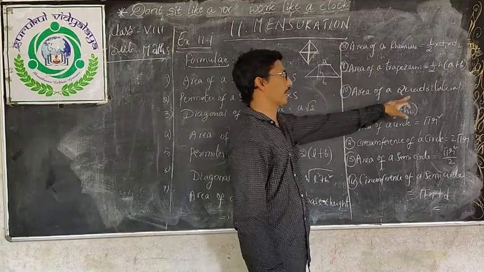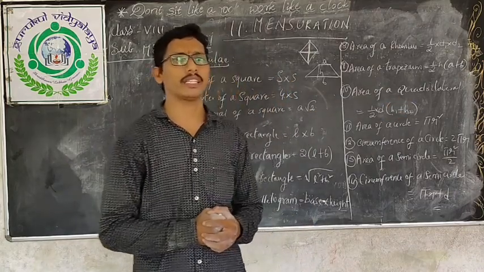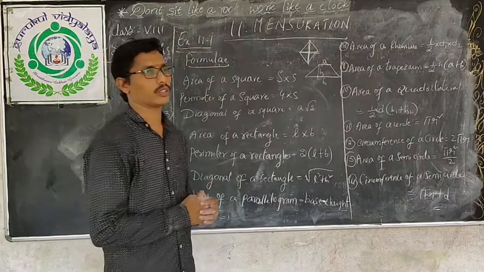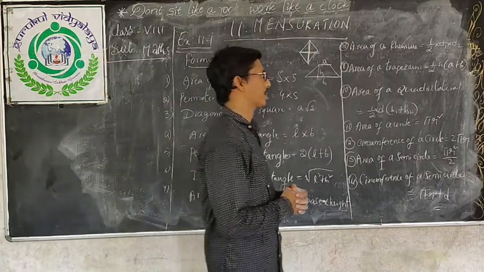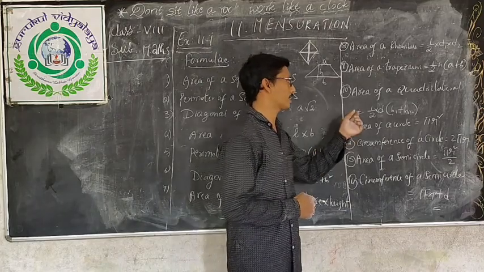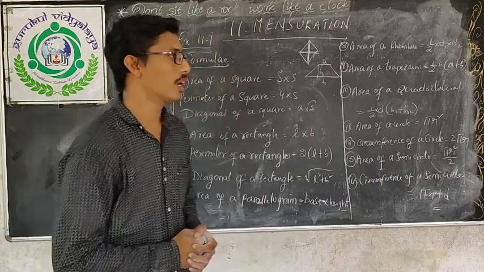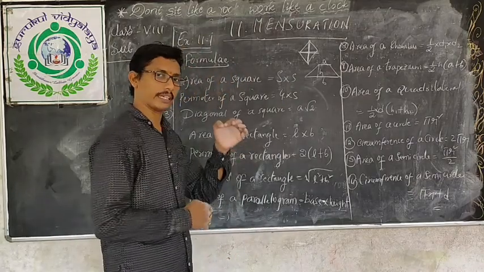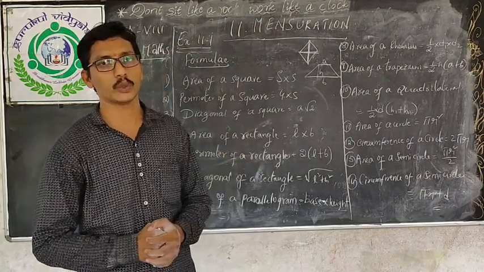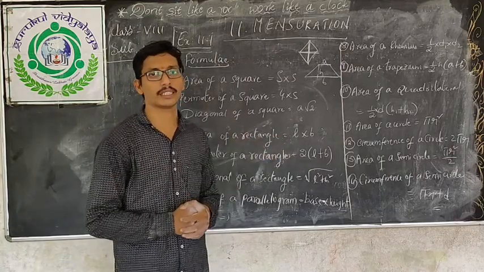And the area of a quadrilateral, that means a general quadrilateral, not a regular figure. Definitely we get a four-sided figure, and that we consider as a quadrilateral. The formula for the quadrilateral is half d into h1 plus h2. Half d, d means again diagonal, and h1 and h2 are what? Heights. h1 and h2 are the heights of the